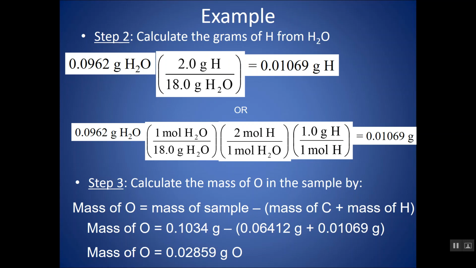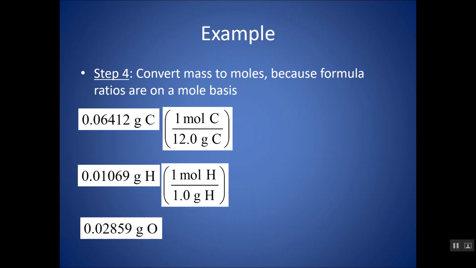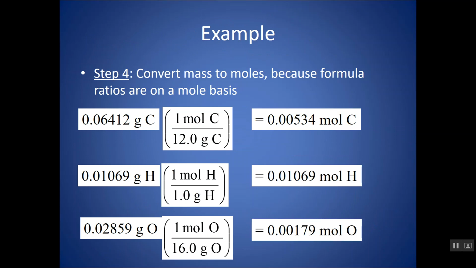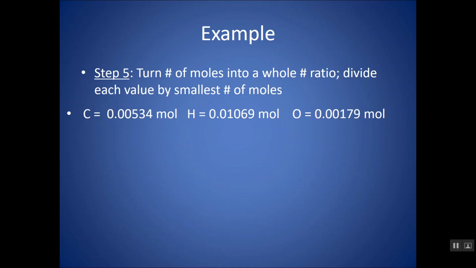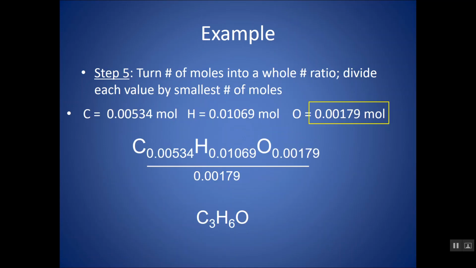0.02859. If there was something other than oxygen, they would have to tell me in the problem statement. And now we just change these into moles, dividing by the molar mass. Don't forget this step. You cannot find the formula based on masses. You have to find the formula based on moles. Keep enough significant figures. And now I'm just going to divide by the smallest, and that gives me whole numbers,